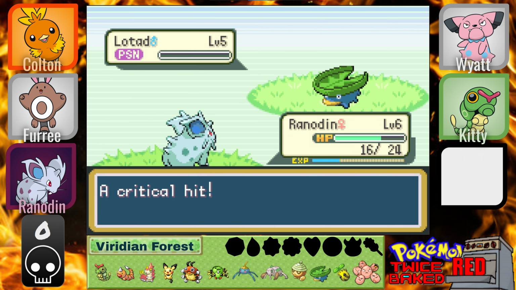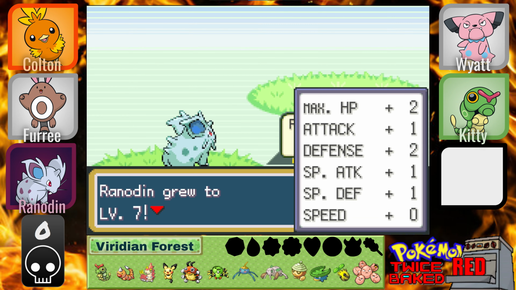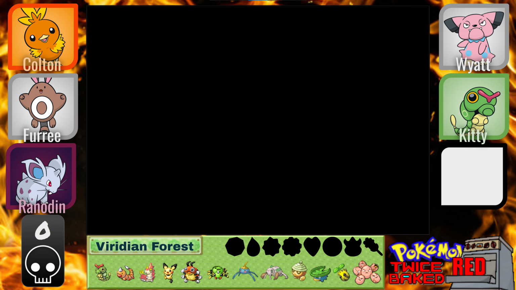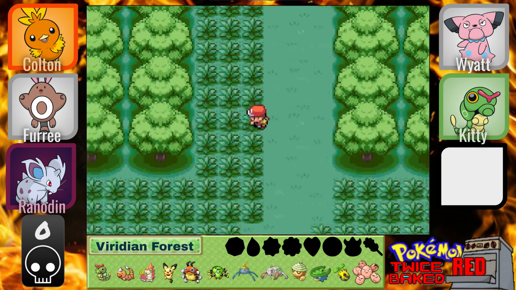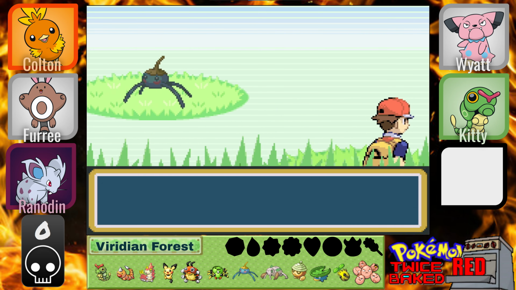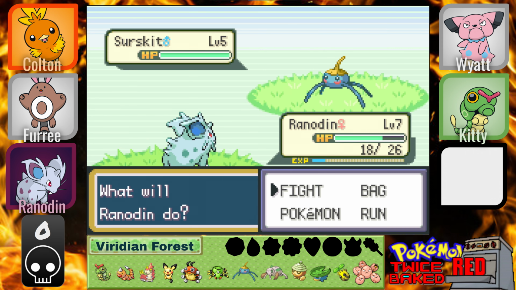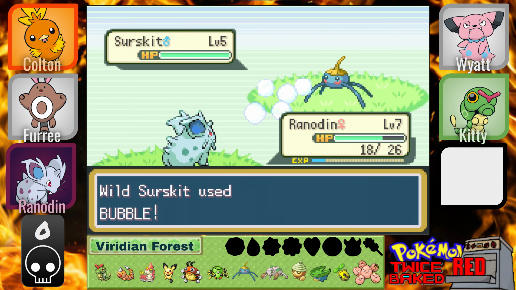Honestly, if I'm grinding up Ranodon, I should put the Silk Scarf on it, but I simply didn't. What do you learn? They both get Double Kick, right? I'm not wrong about that. I feel like they both get Double Kick, but for some reason I also feel like they don't. Yeah, Surskit is also here. It's a really fitting Pokemon to put in this forest because it is about,